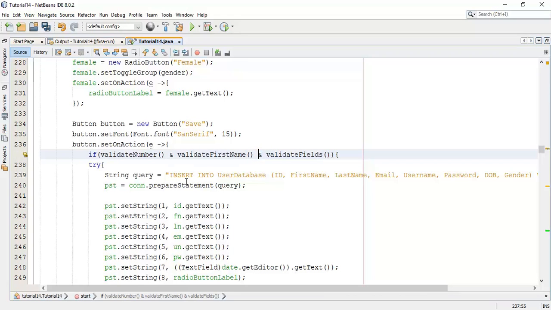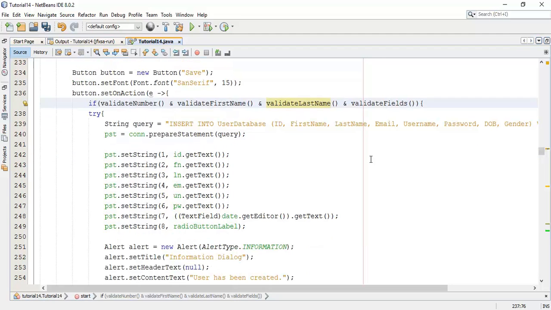So first it checks validate number, then validate first name and validate last name. Now save this and check whether this is working or not.